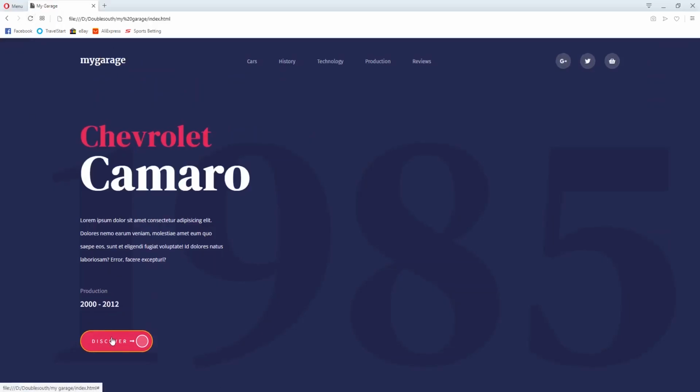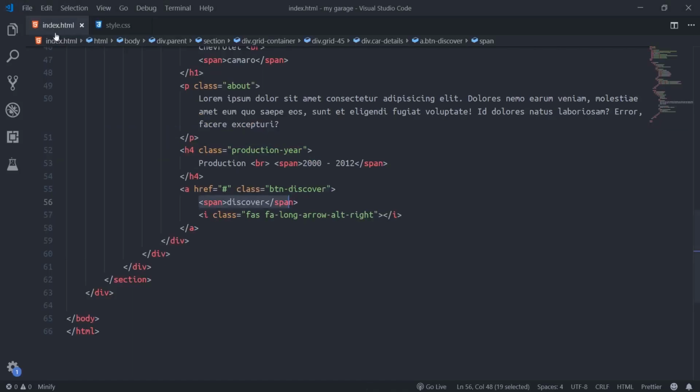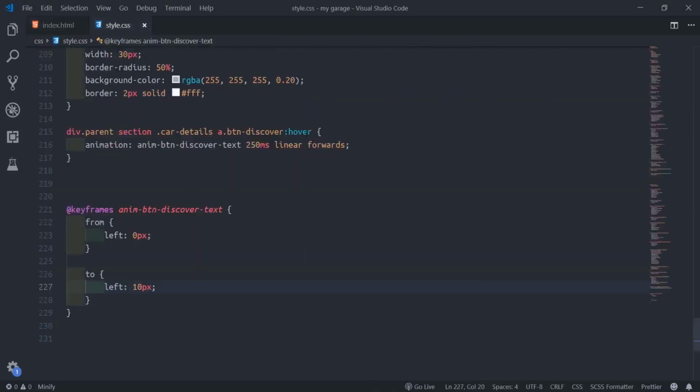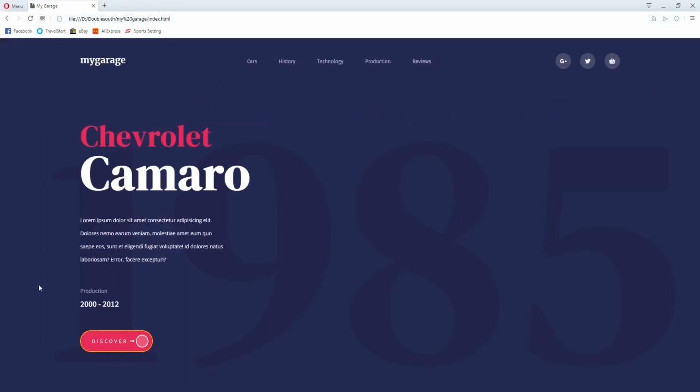This is in the span now. So this is the discover text animating now, so we just target this one before making the misbehaviors. I'll refresh now. Then you see when we hover our mouse, it pushes. Once it pushes this one, it pushes this one too.